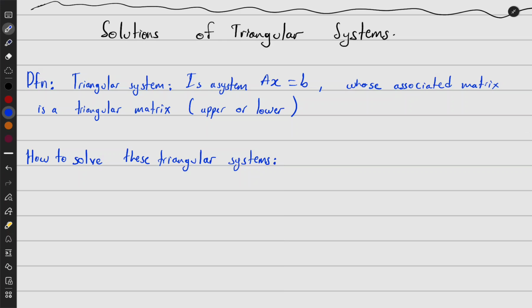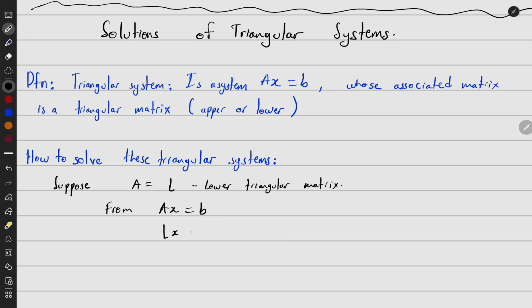Now I'm supposing that my A is a lower triangular matrix. So if my A is a lower triangular matrix, meaning that, for my problem AX equals B,